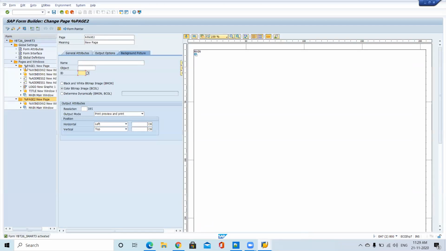First, concentrate on the first page and check the output and alignment. If everything is the same, then copy the first page to the second page. Then remove the unnecessary windows that you don't want to display in the continuation pages. Just remove them and increase the height of the main window. That's all. The remaining properties are the same. The remaining windows we are not going to display from the second page onwards, so remove all other windows.